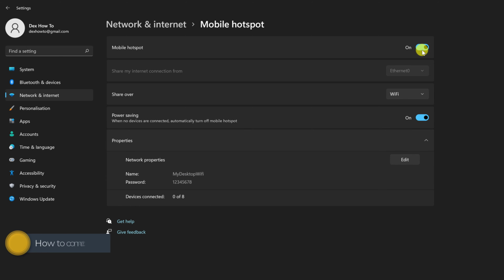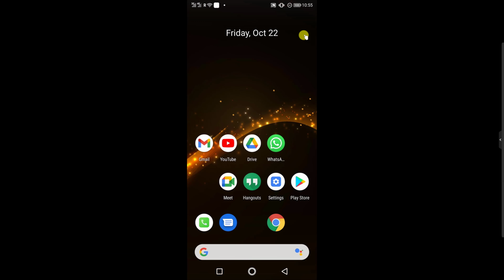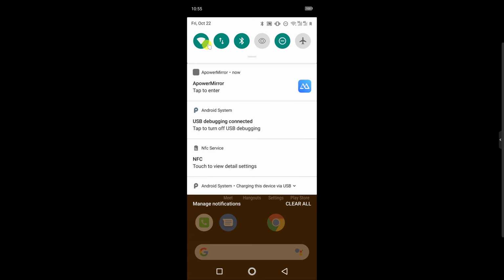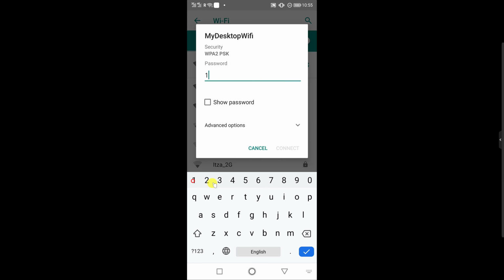How to use a mobile hotspot. The next step is to connect the other device to the Windows 11 hotspot, which is actually fairly simple. We will need to go to our device's network configuration to discover the previously made connection. It will have the name that we provided it previously. Push to connect, enter the password, and voila!